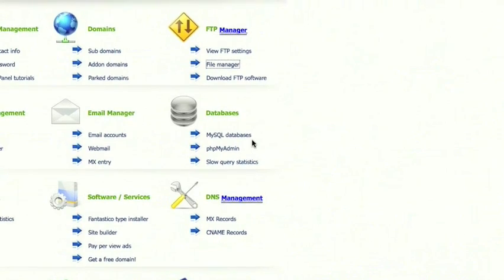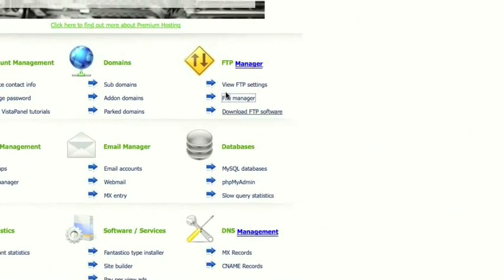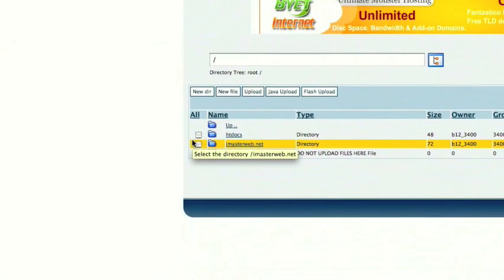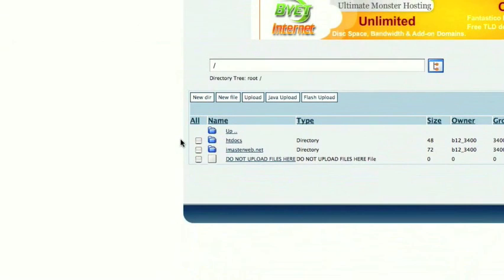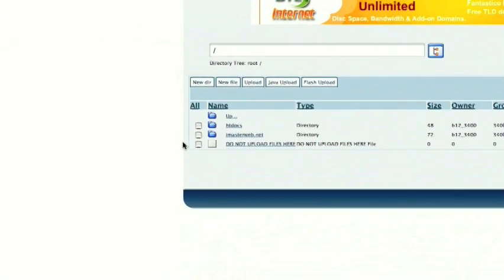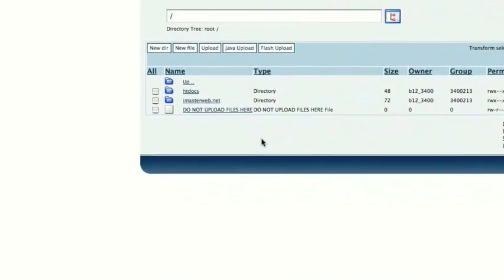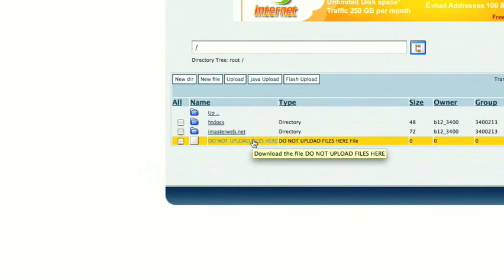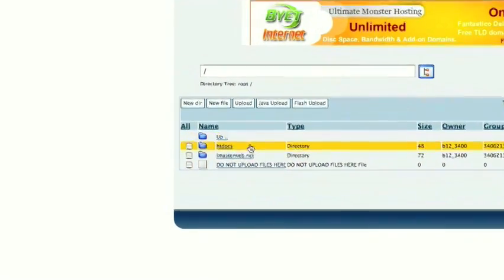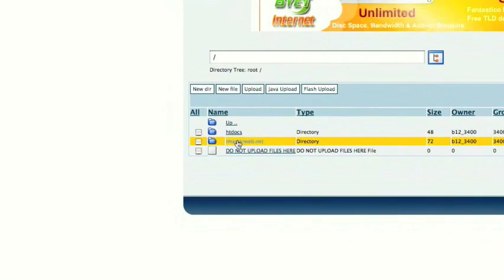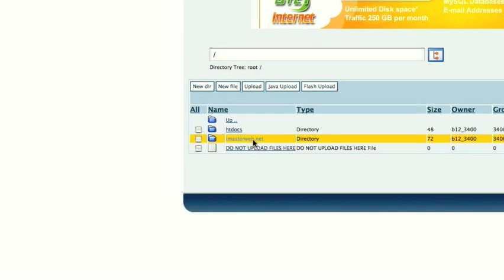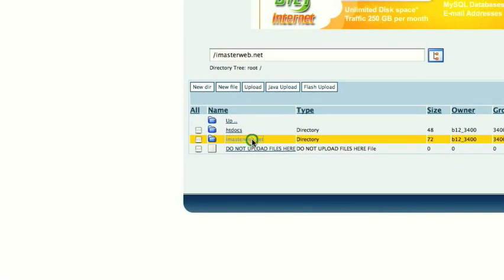Okay, so now let's go ahead and get further into File Manager. A lot of people have trouble with where to upload their files. So, I'm assuming that all of you have common sense and know that "do not upload files here" means do not upload files here. Don't do it. Okay? If you have a domain name, you're going to want to upload to the folder that has your domain name, in my case, imasterweb.net. So I can click on that and you'll see